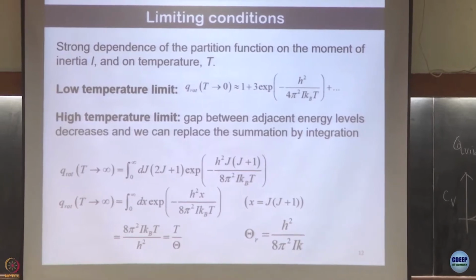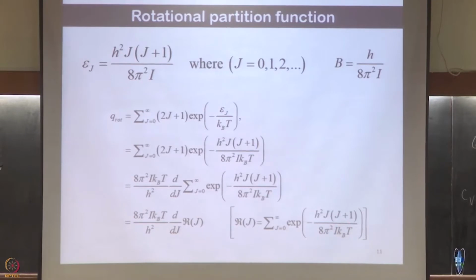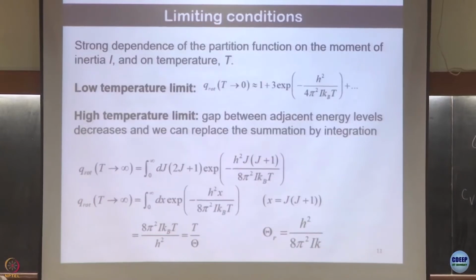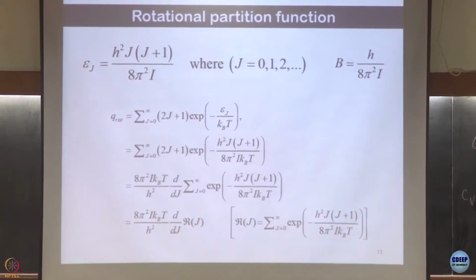So, you see now in this case there is a very strong dependence on the moment of inertia I, as I told you, it's very important. Though we cannot evaluate this one, we can evaluate the high and low temperature limits, because at low temperature there is one case, high temperature one case. At high temperature this becomes small, at very low temperature this becomes so large, and the exponential goes to 0. So, at low temperature only the first term would be enough,